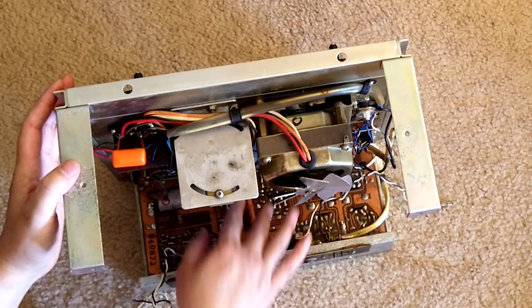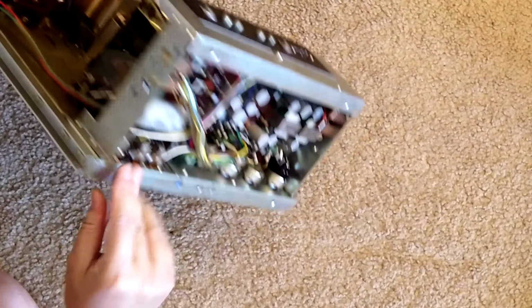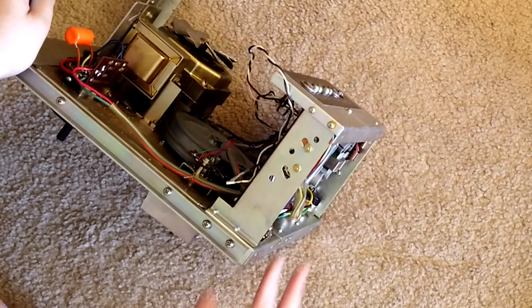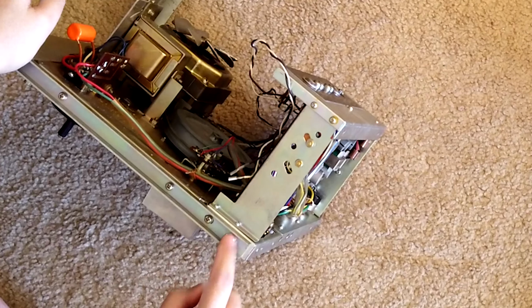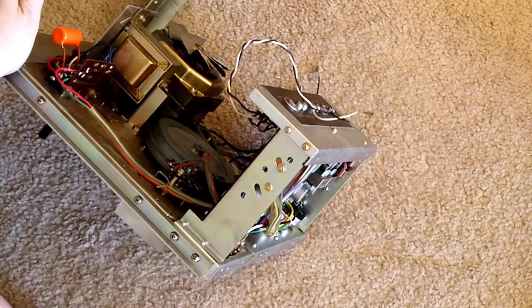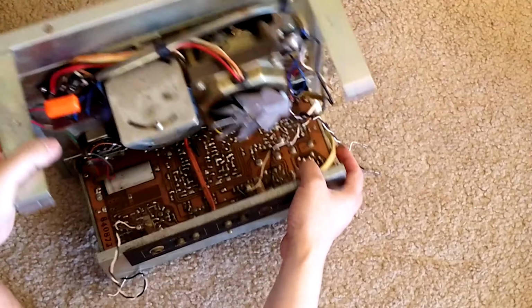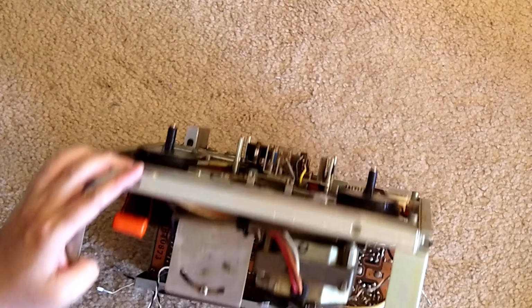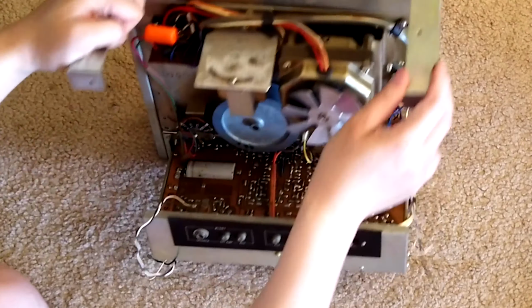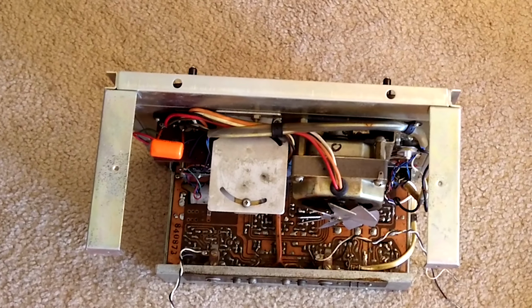And you have the whole board right here with all the components facing the bottom. And if you want to take the amplifier portion out for servicing, you just need to loosen this screw and this screw, as well as the 2 screws on this side. Then the whole amplifier portion will come loose. And I think it's a good design because it makes servicing very easy. I think that's all I can show you for this simple